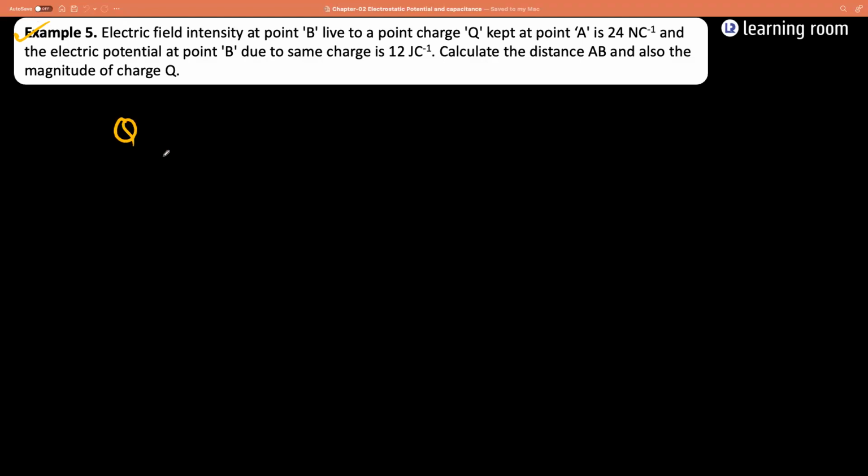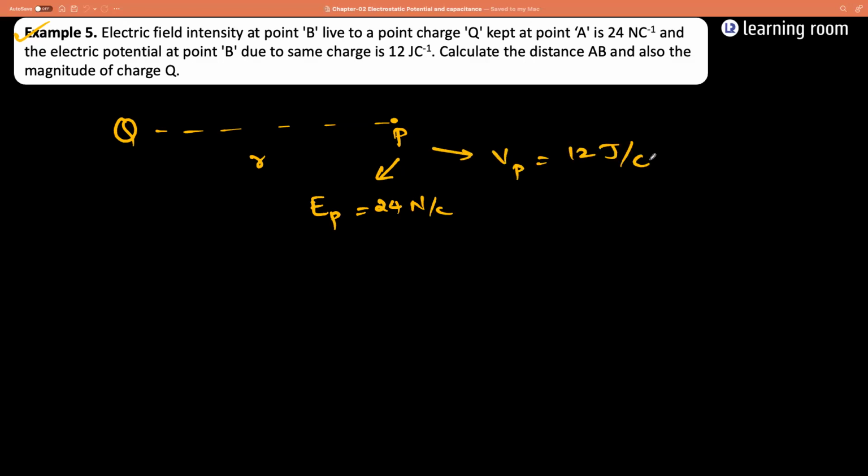So there is a charge. Due to this charge, at a point P, which is at a distance R, which we don't know, the electric field at this point P is 24 Newton per Coulomb, and the potential at this point P is going to be equal to 12 Joule per Coulomb. We need to calculate the distance AB. How do we do that? So electric field at B is equal to Q by 4 pi epsilon naught R square. Potential at point B is Q divided by